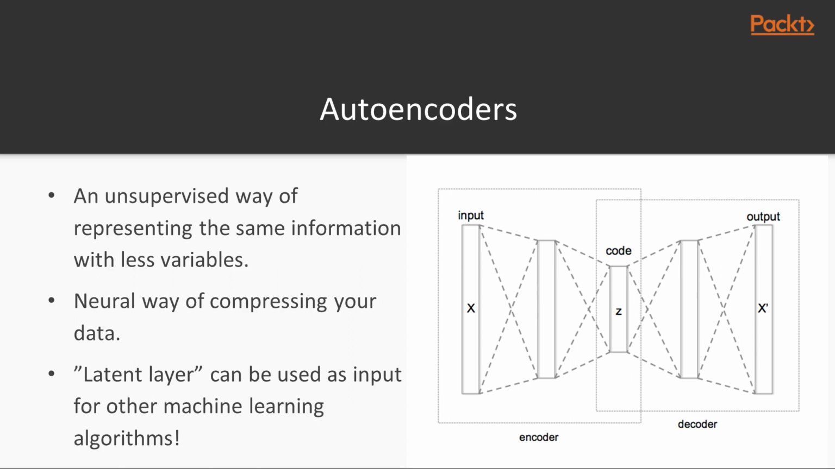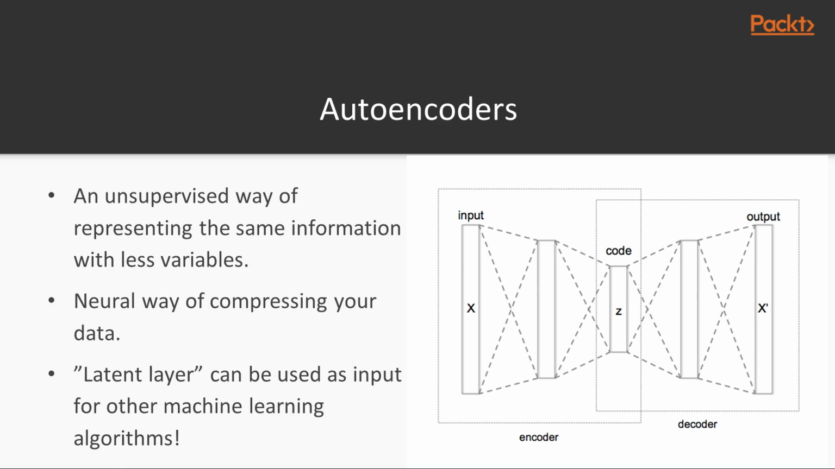And now what you try to teach your neural network is to keep the input and the output the same. So in this image you see this X and this X with a thing behind it. These two should be the same. We try to make a neural network that has the same input as well as the same output. And this code in the center, the latent variable, the latent layer, can be used, for example, as input for